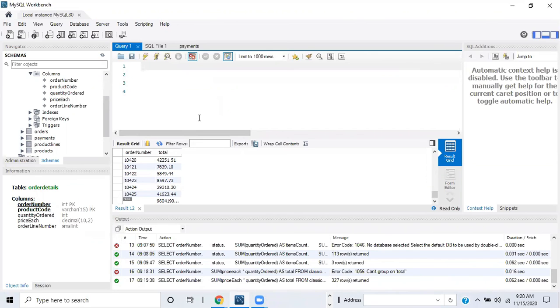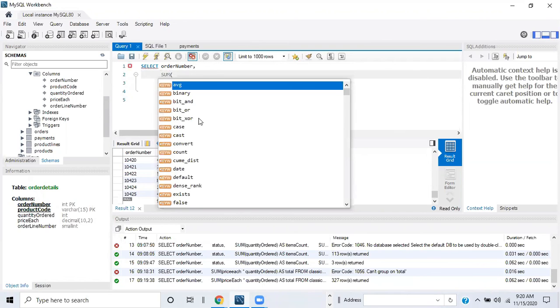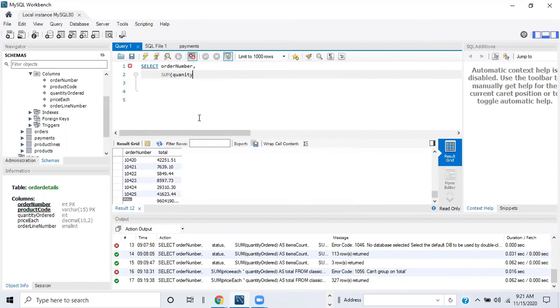So here's an example. I'll start with my SELECT, and I'm going to select order number, and I'm going to use the function SUM, and I will do quantity ordered times price each as total, and then I'll do FROM classic models order details,